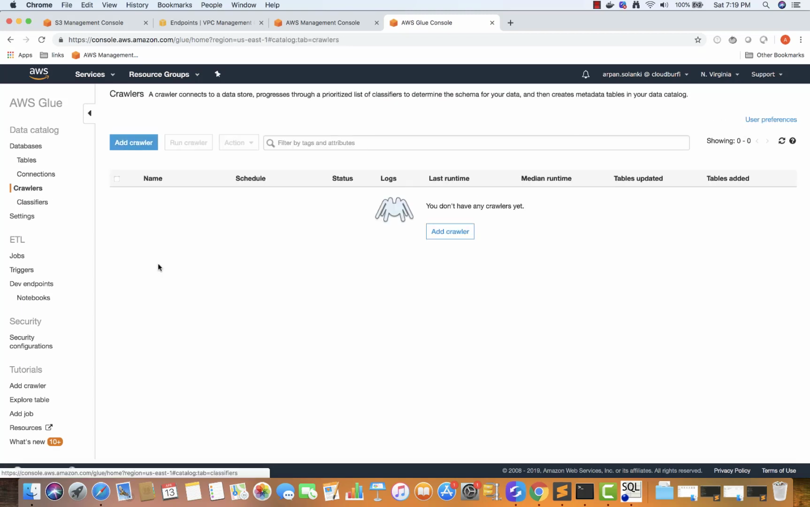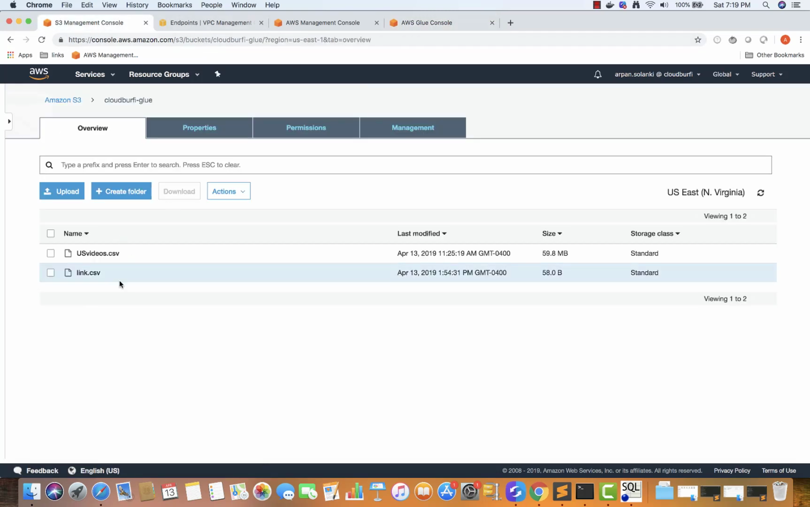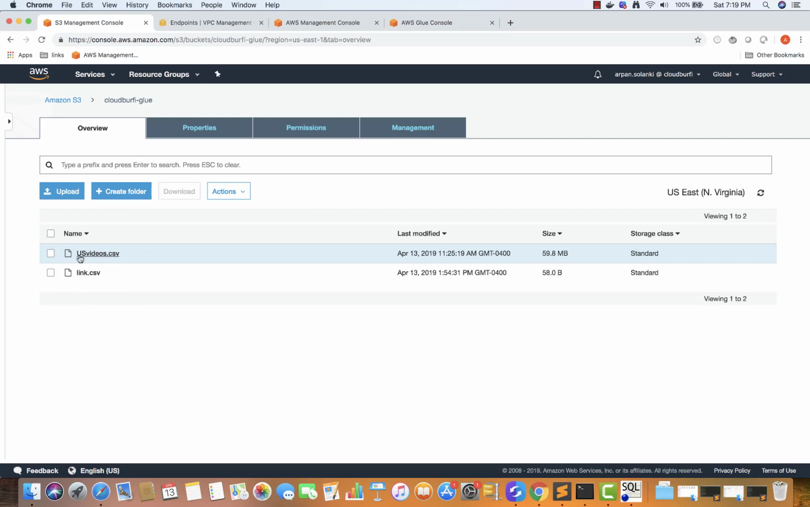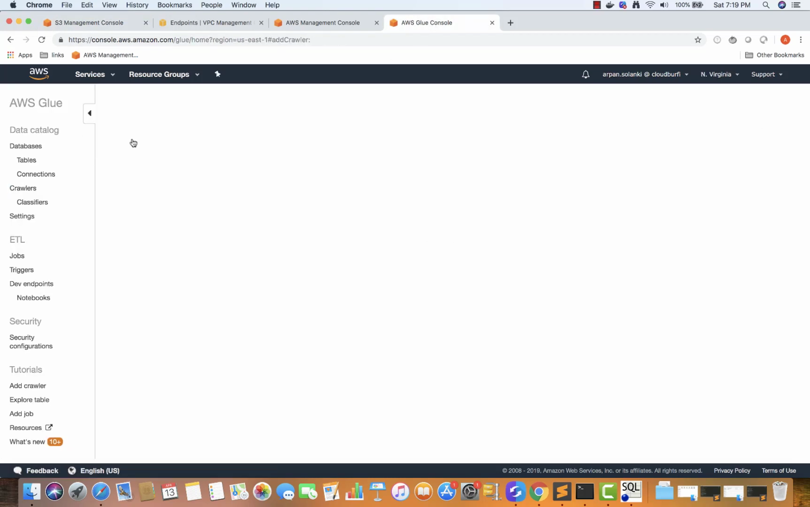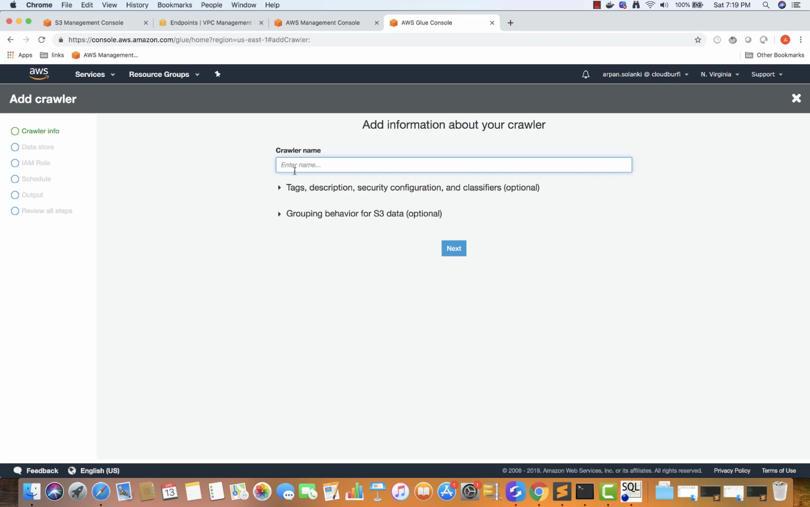First of all we are going to add a crawler, and before that, in S3 I have uploaded this CSV file which has US videos of YouTube. It has statistical data about it, like how many hits were for this particular video and things like that from YouTube. So we are going to crawl this data and bring the metadata in AWS Glue. So I'm going to go back, go to crawlers, click on add crawler here, and then we'll give it a name, YouTube data